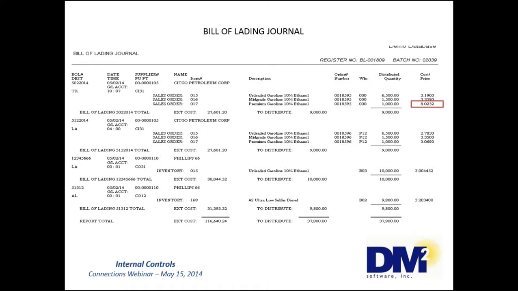In my example, there is a cost that is out of line and pretty obvious if you're reviewing your journals. When you see a problem with this journal, you should stop and research why so you can correct the problem before moving on. I'm going to leave this bad data in here so we can see what happens.